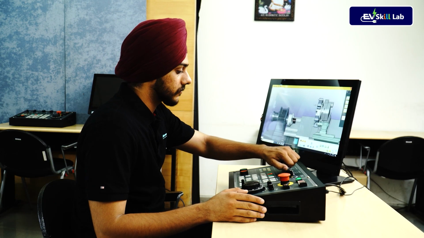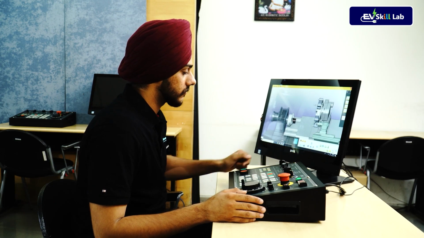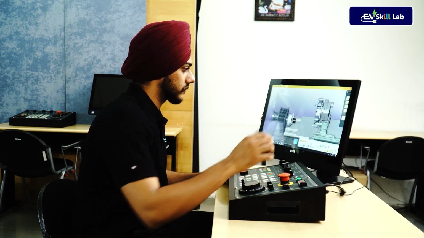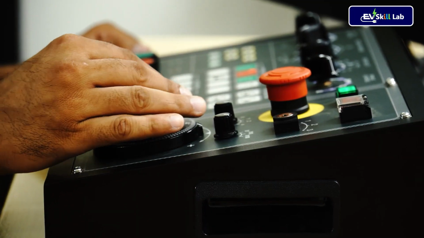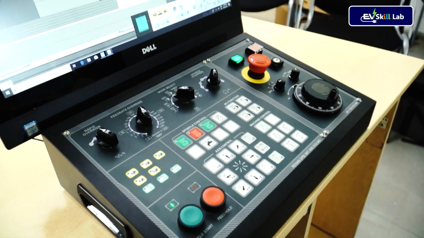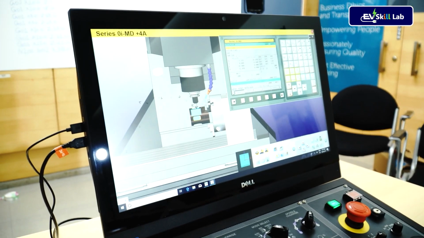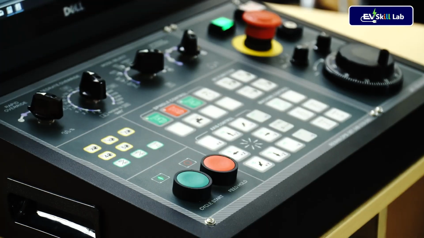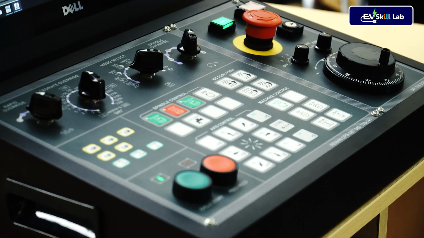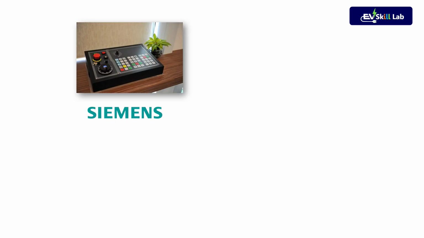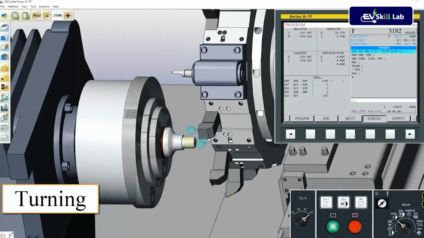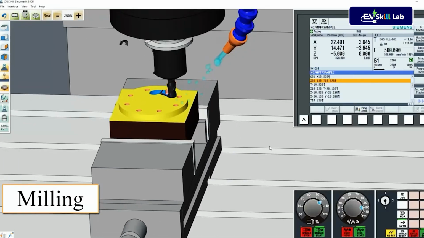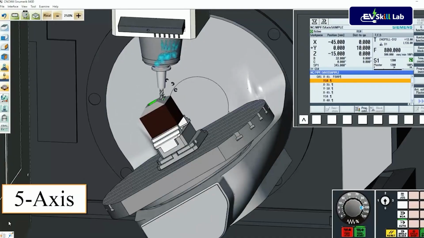In this video we are showcasing the DT module, which is the desktop machine, a hardware module of our simulator product. This product offers a unique interface of the MOP, machine operating panel, connected with the desktop or laptop to view the 3D simulation. We have multiple options of MOP suitable for various CNC control systems, such as Siemens, Fanuc, Mitsubishi, Heidenhain. They are available for CNC turning, CNC milling, and can be offered for 4th axis, 5th axis and